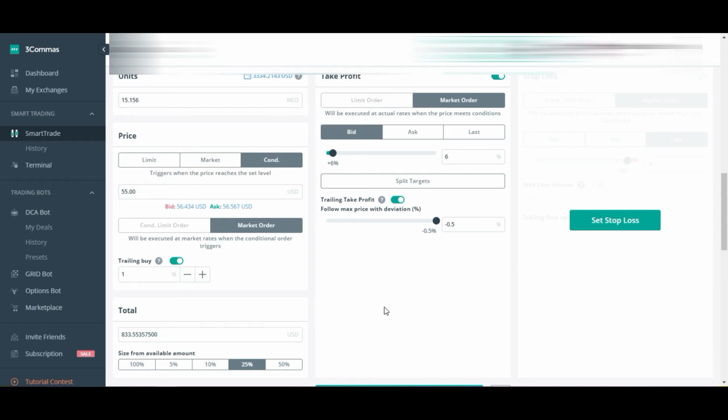Sometimes it does hit a little bit lower because it is a market order, but that is our triggering setting for this. You can also do split targets. So instead of just doing 6% one time, you can split it up and sell off your 15 crypto back to the market, maybe five at a time. That's your option. And you could take it at different pricing levels